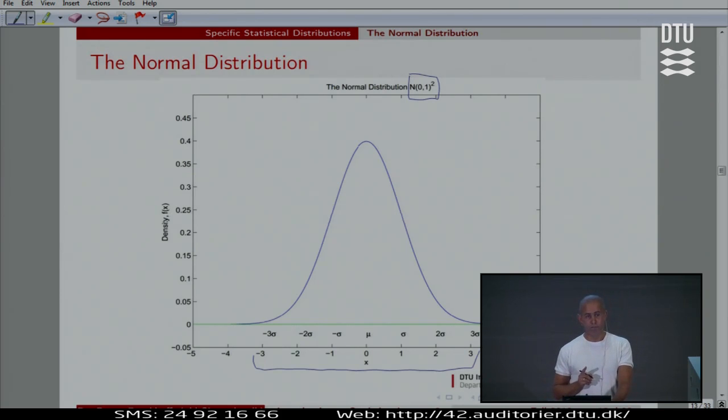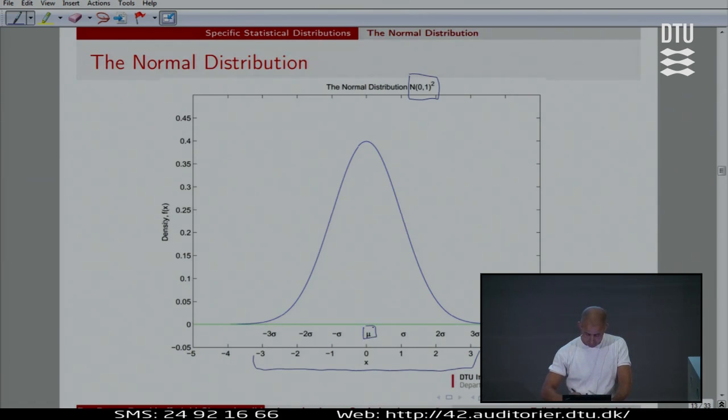Actually, what we're going to learn and what we're going to use in practice when we work with the normal, in a sense, there is only one curve. It's just a matter of where we see it and how we scale it. But all such curves can be shifted and pressed to be the same curve. And this is illustrated in this plot by saying all normal curves, the general normal distribution has a top in